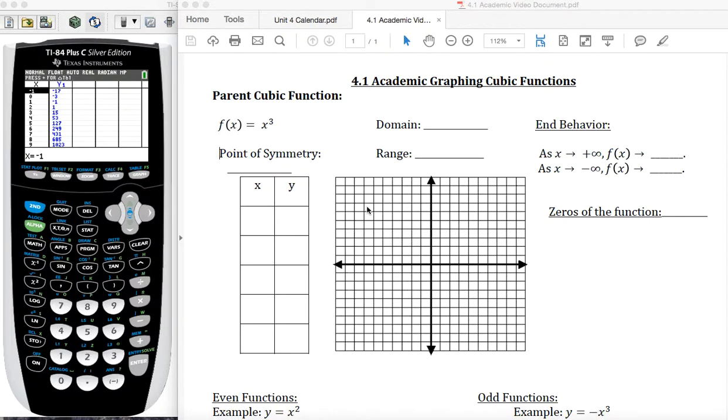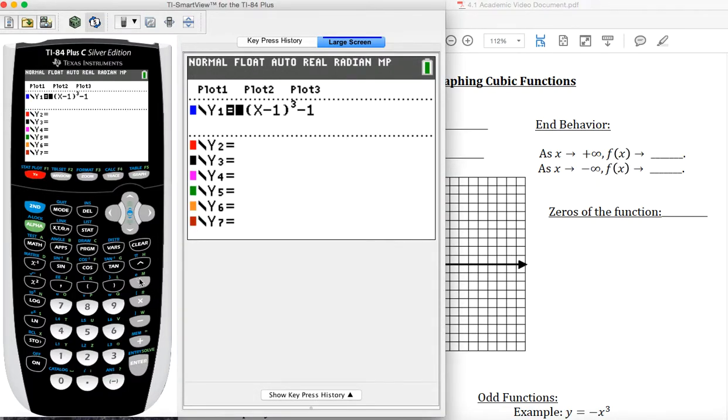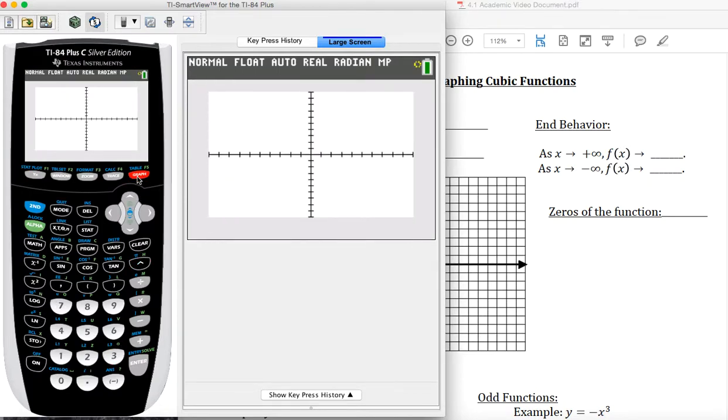In this lesson, we will learn how to graph a cubic function and the transformed parts of that cubic function. We're going to start with the parent cubic function, which is f of x equals x to the power 3. Now to do that, let's go to y equals, clear that, and enter the function x to the power 3, and then graph it to know how the graph of the cubic function will look like. As you can see, it's an increasing function that goes up and then curves at the origin and continue going